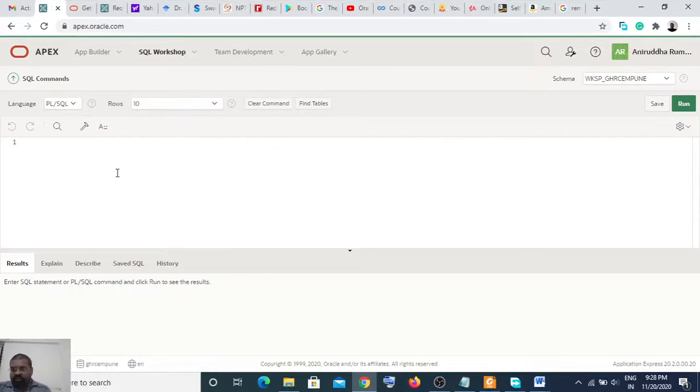If you go in SQL commands and I say select star from books, enter, and if you say run, no data found. Why?